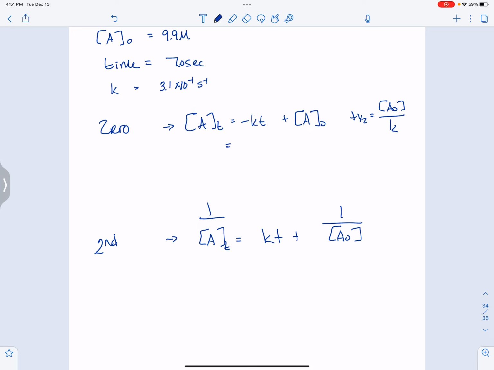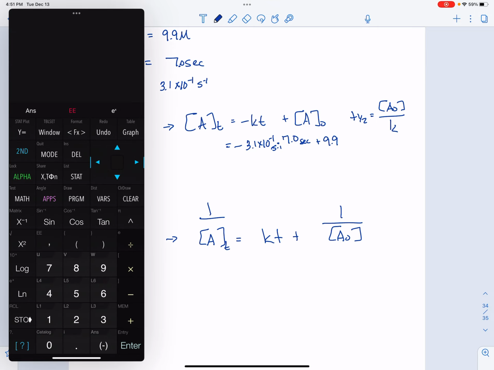So we'll go ahead and plug in the k, and this is negative kt, so 3.1 times 10 to the minus 1. And that is seconds to the minus 1, which coordinates correctly with my 7.0 seconds. So that is my kt right there, plus my initial amount, which is 9.9. And I just solve that all together. And so I get negative 3.1 e to the negative 1 times 7 plus 9.9 gives me